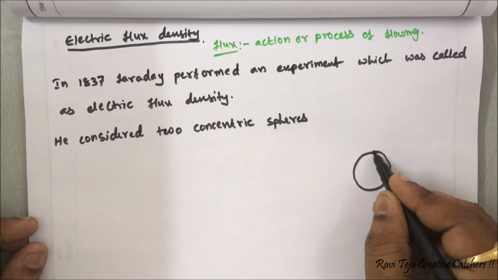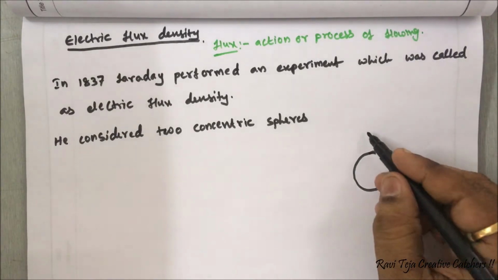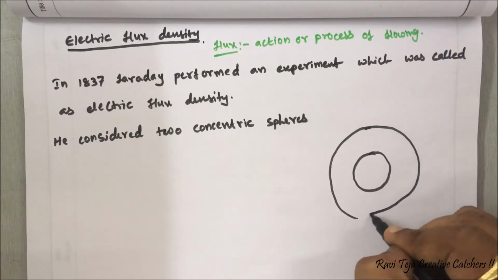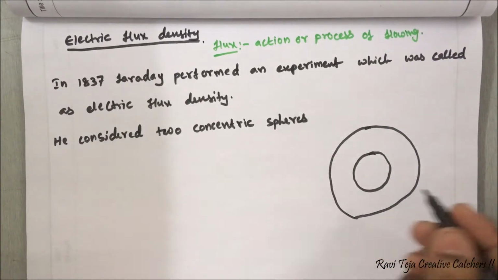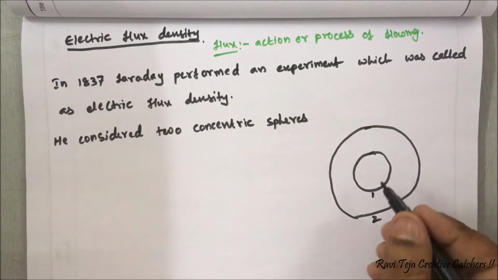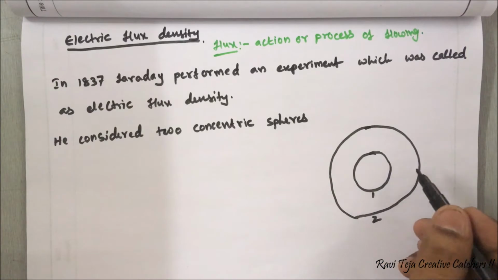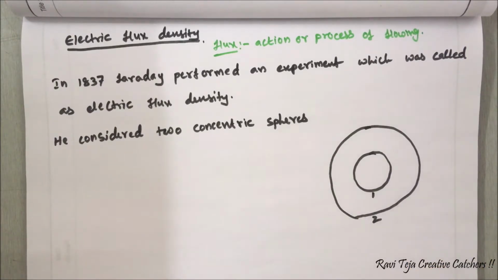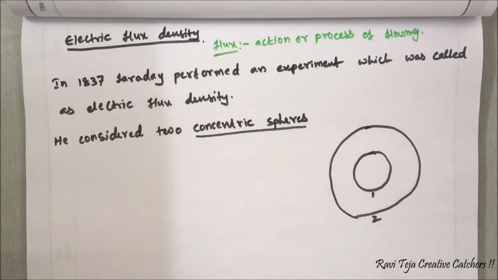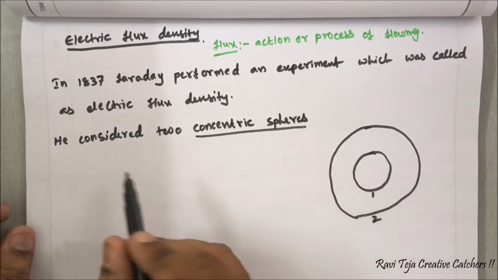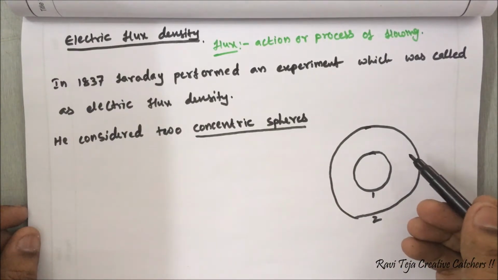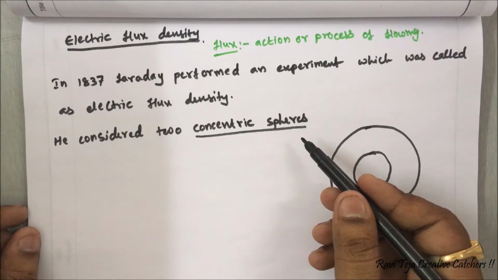This is sphere 1 and this is sphere 2. Whenever one sphere is placed inside another sphere, we can call them concentric spheres. So he considered two spheres, one inside the other, which are concentric spheres,